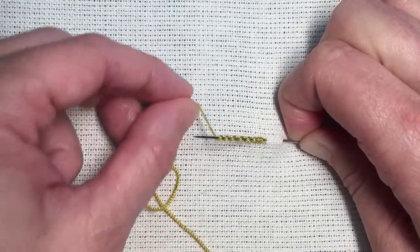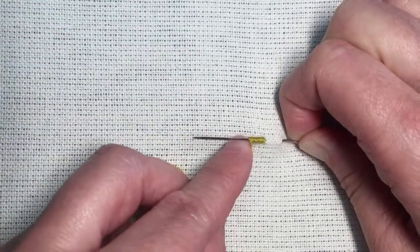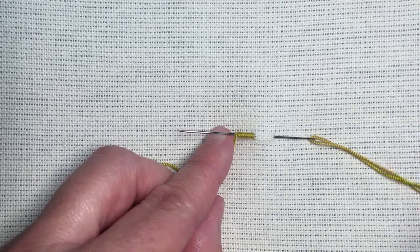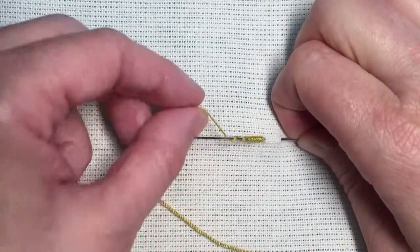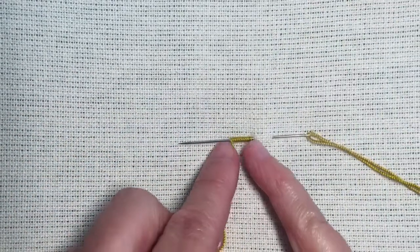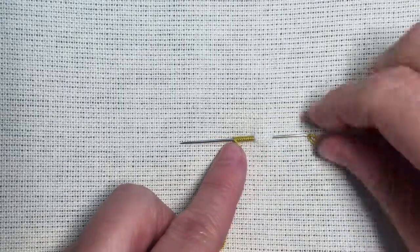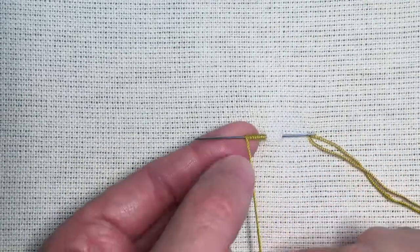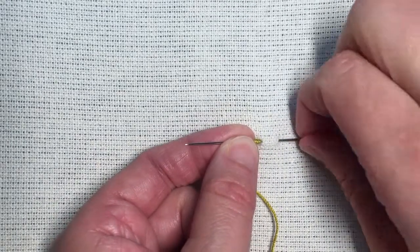So as you do the wraps, you just kind of scooch them down. And you don't want to pull super tight. You want to be able to move the needle through in a second here. And I think that I need just one more wrap in order to have this be about the same length as that. Okay. Now I'm going to just hold the wraps between my thumb and my forefinger, and I push